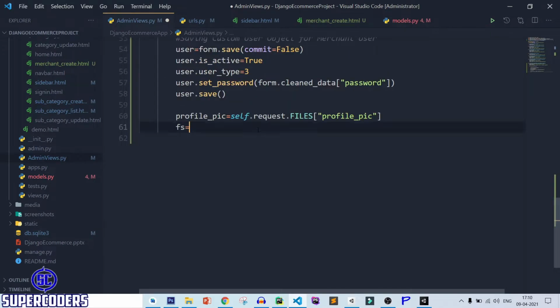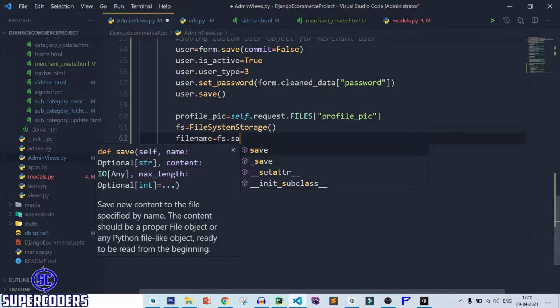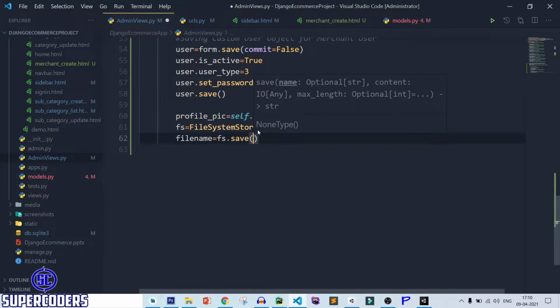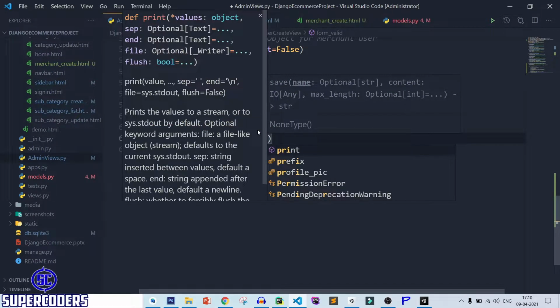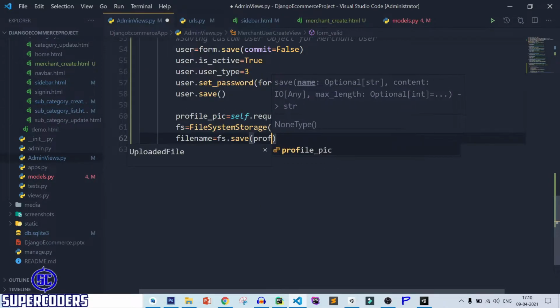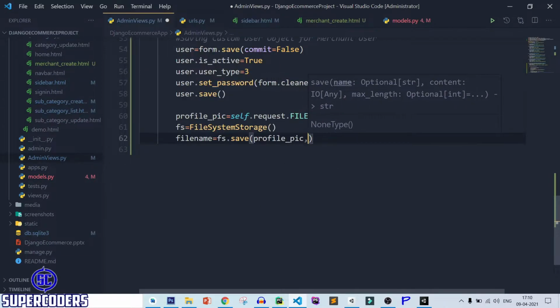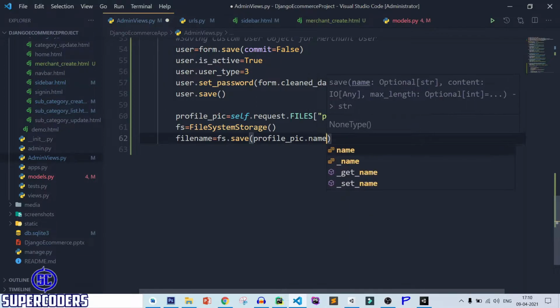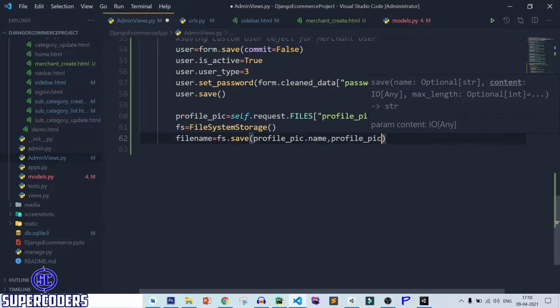After that, FileSystemStorage, and after that filename equal to fs.save. First you need to pass the profile pic object, then you need to pass profile_pic.name, then you need to pass profile_pic.